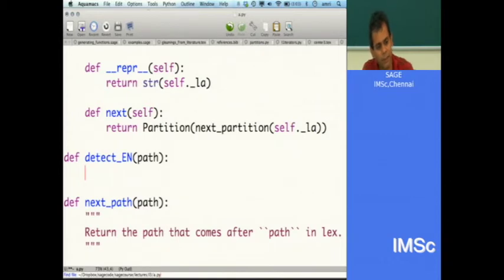So we'll do a lowbrow kind of thing. We'll start with the end of the list, and then we want, if it's an E, then we go until we hit an N. If it's an N, we go until we hit an E, and then we go until we hit an N, right?